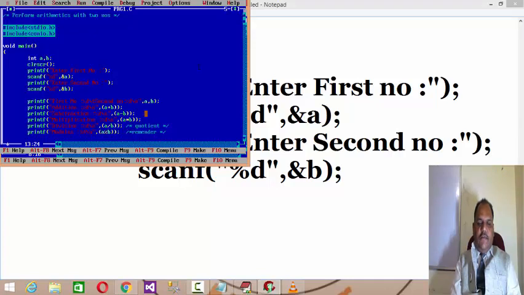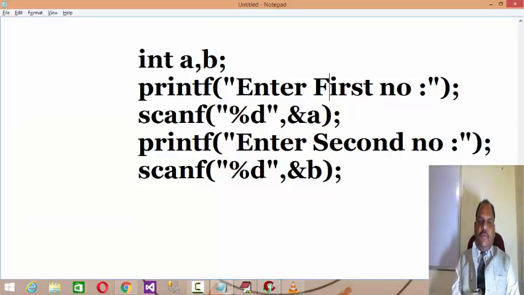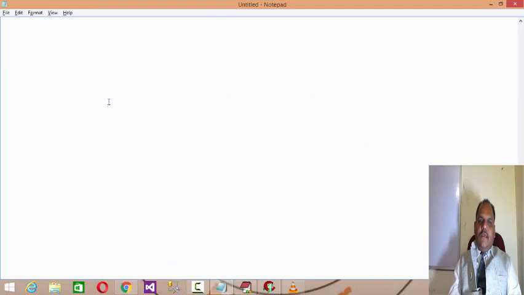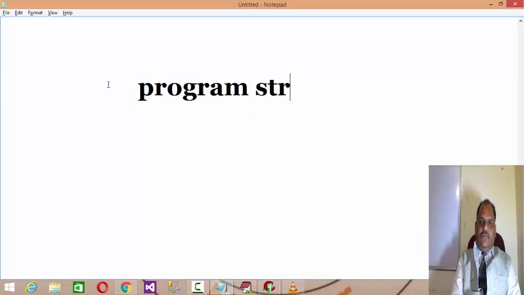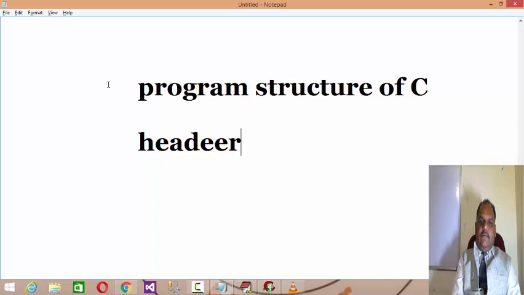So I hope you understood what I discussed in today's session, how to write simple programs. Basically, if you want to know the program structure of C, the first section is the header files.